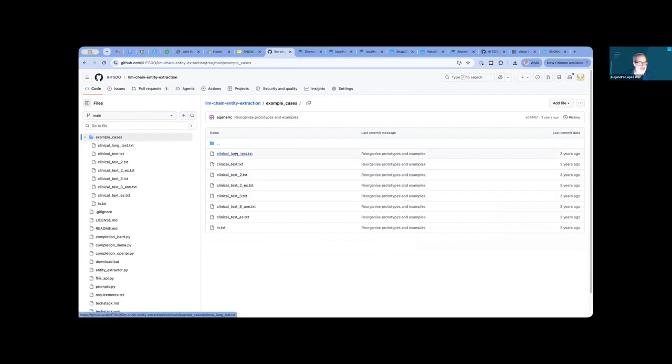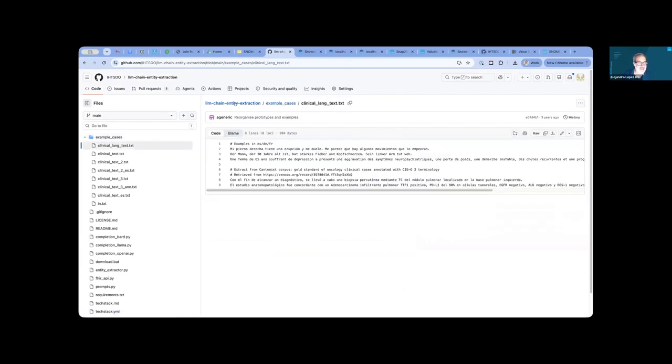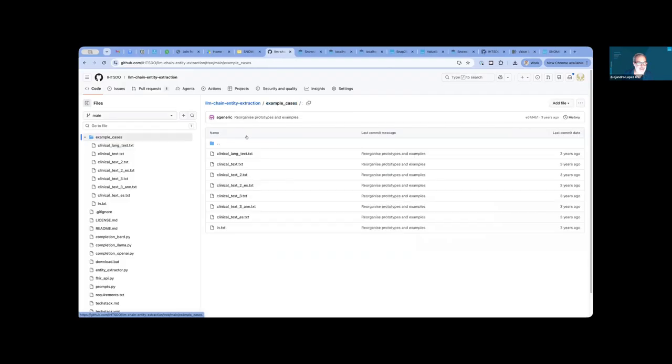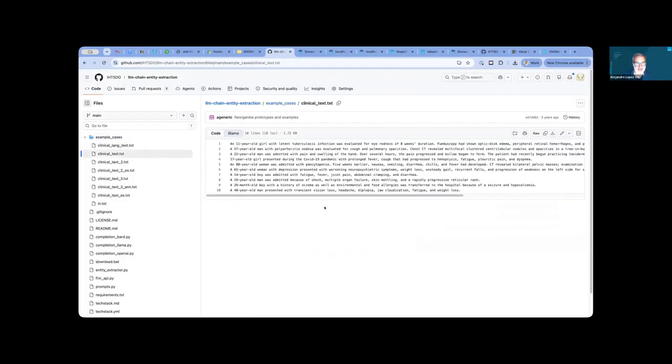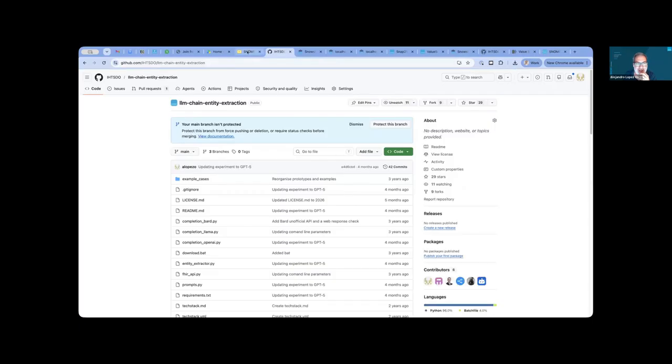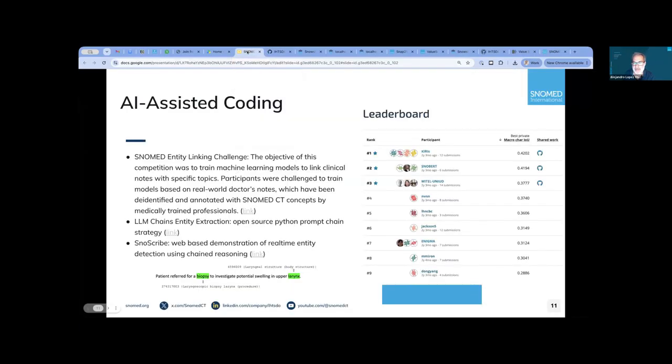Yes. So if you look at the text, this is in Spanish, but we use text from the description of clinical cases in the New England Journal of Medicine. Yes, and there are clinical cases published monthly. So we extracted clinical text from there. It's publicly available. And then we try to code this kind of presentation. And it's really interesting. And this shows how available this information is today.